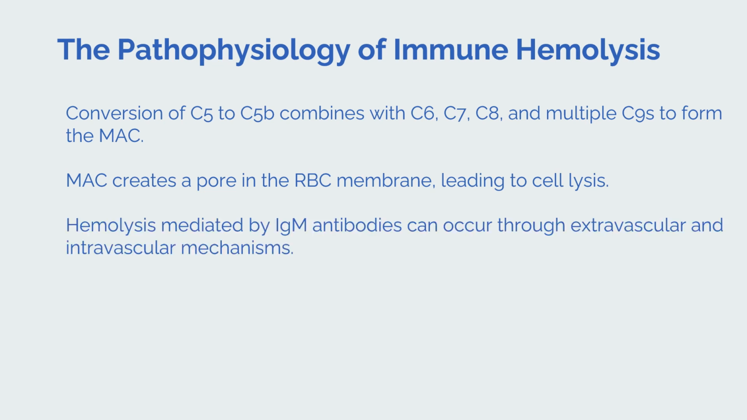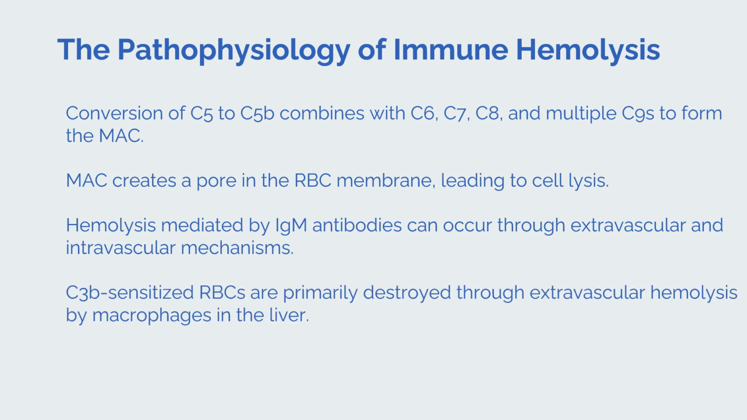Hemolysis mediated by IgM antibodies can occur through both extravascular and intravascular mechanisms. When IgM molecules attach to RBCs in lower density, complement activation results in C3b binding. However, complement inhibitors prevent the full activation of the pathway. These C3b sensitized RBCs are primarily destroyed through extravascular hemolysis by macrophages in the liver. In cases of severe immune hemolysis with heavy RBC sensitization, excessive complement activation overwhelms the inhibitors, leading to rapid intravascular